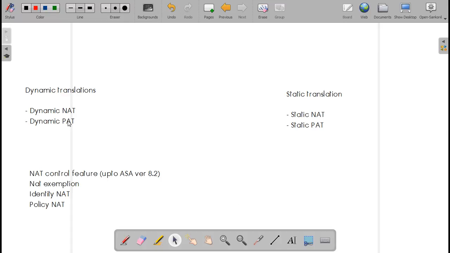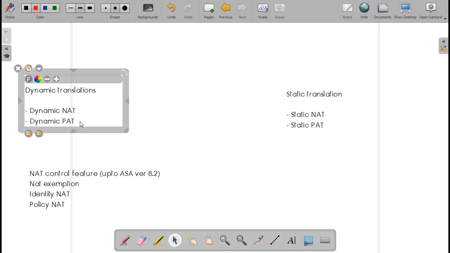So we'll see dynamic NAT, dynamic PAT. On the firewall, we can find the routing table. Then your dynamic PAT using the interface command.